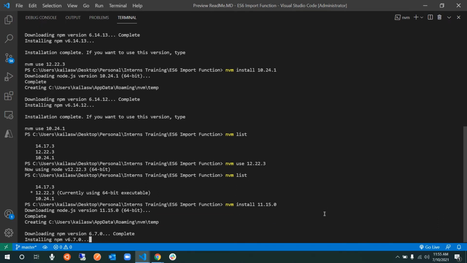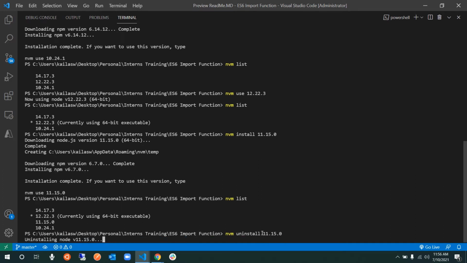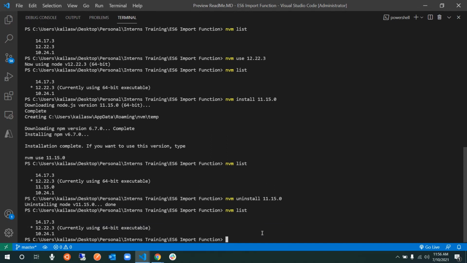If I run the nvm list command, you will see that it lists the 11th version also. Say, for example, for some reason I do not use it anymore and I want to uninstall it, then I just run nvm uninstall and the same version number, and that's all. Suppose it would have been in the currently using mode,